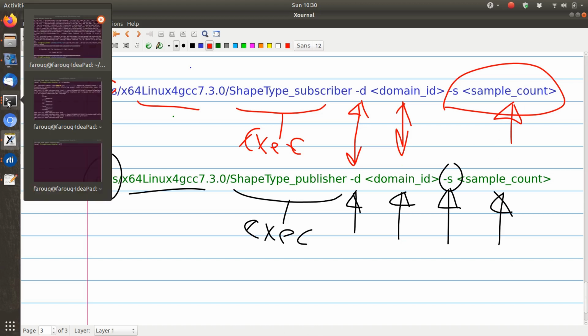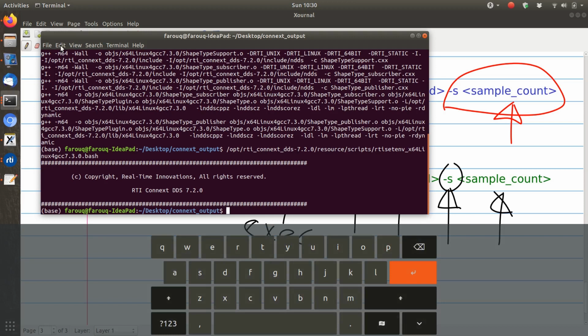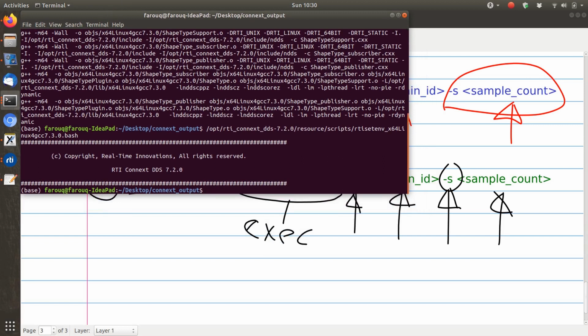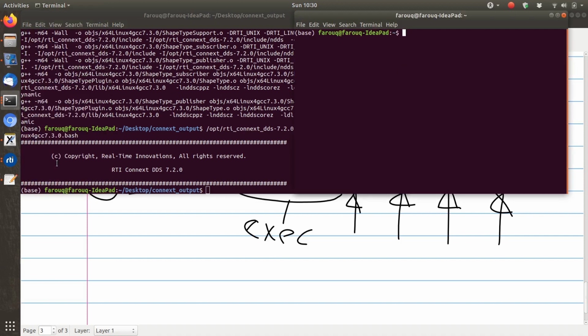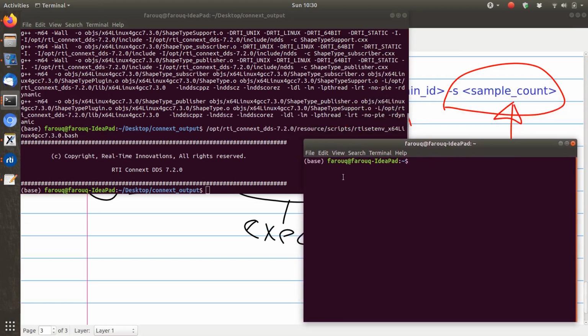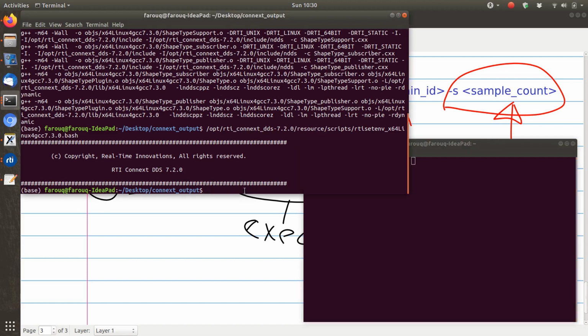Okay, so let's run them. So how do we run them? The best way to run them is we open two command prompts. One of the command prompts will be for the publisher and the other will be for the subscriber. So let's start with the subscriber. So we'll just say obj file. In the obj file,